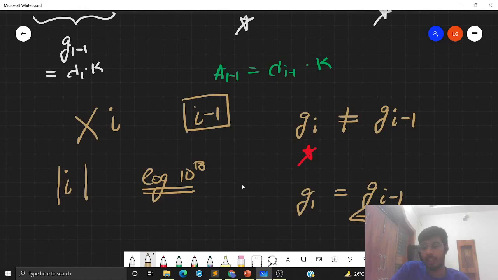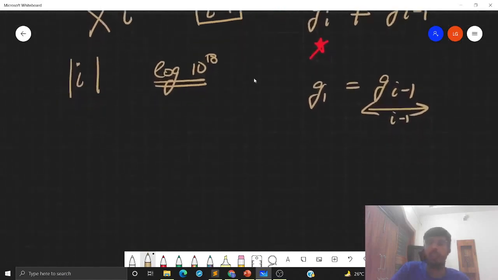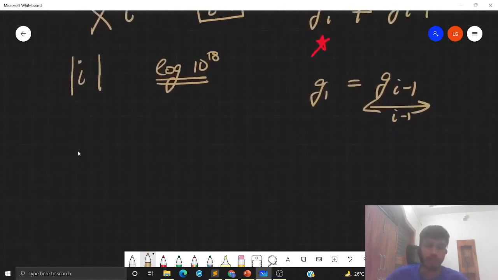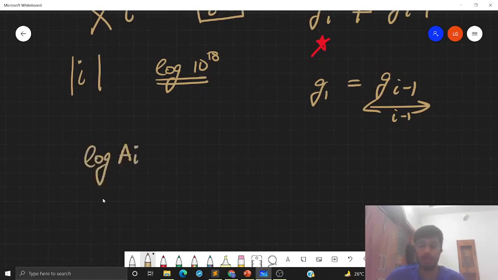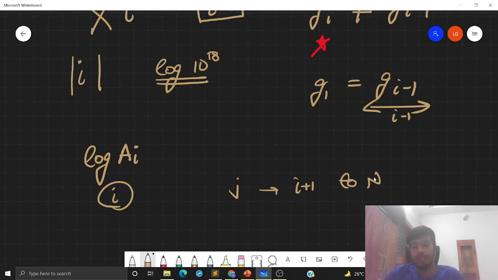So this has now greatly reduced our time complexity. How? Because now I have log A_i possible values of indices that I will select i from. And for j, I can simply iterate over all the indices from i+1 to n and get the GCD of the new array in the same way that we calculated in subtask 1, and get the maximum of all these goodnesses to get our answer.